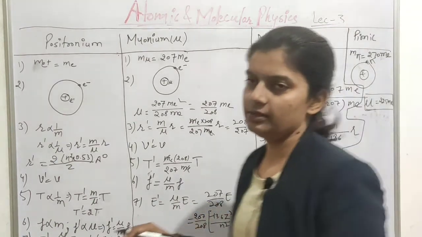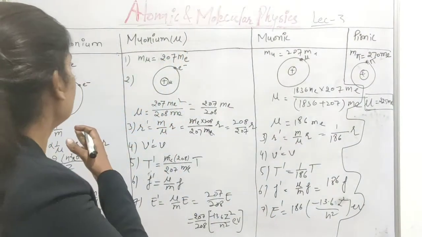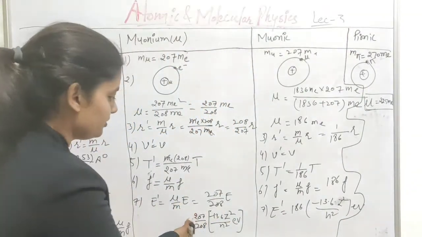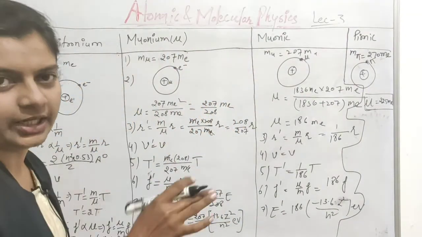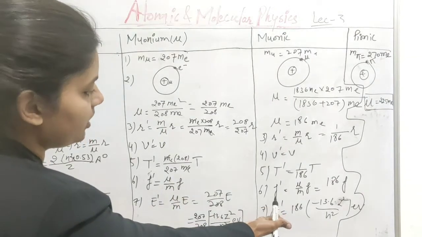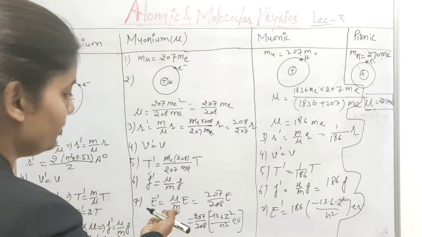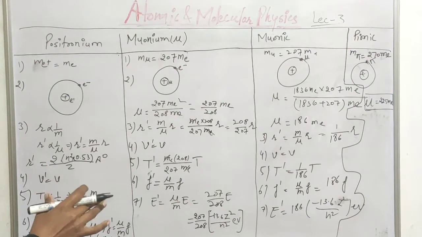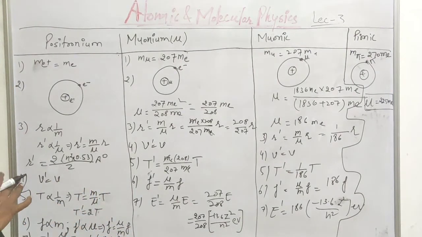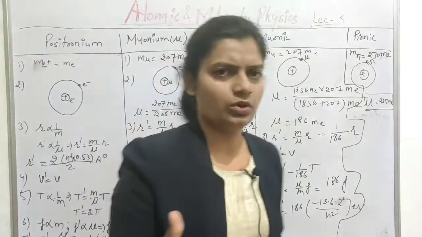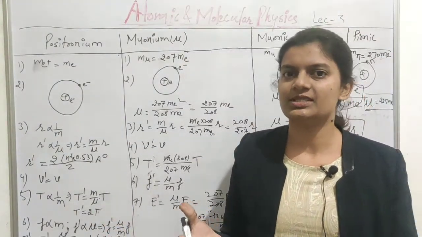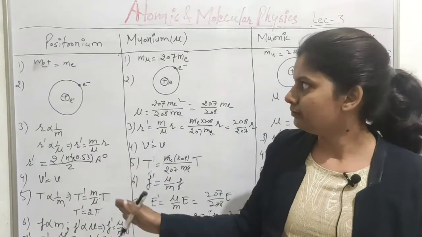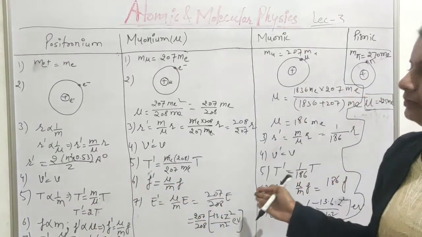So these are atoms like positronium, muonium and the muonic pionic atom. In this case, there is an effective role of finite mass consideration, an effect on the energy of the muonium atom. There is a considerable effect of finite mass consideration, but in the case of the hydrogen atom and other atoms there was only a small effect. Here we can't neglect the finite mass consideration. So this is how the values of these terms are modified.